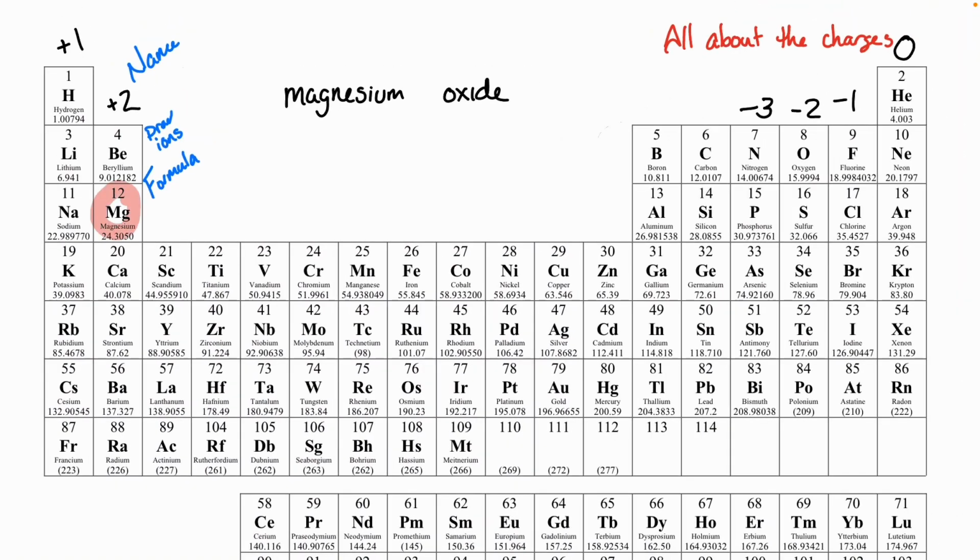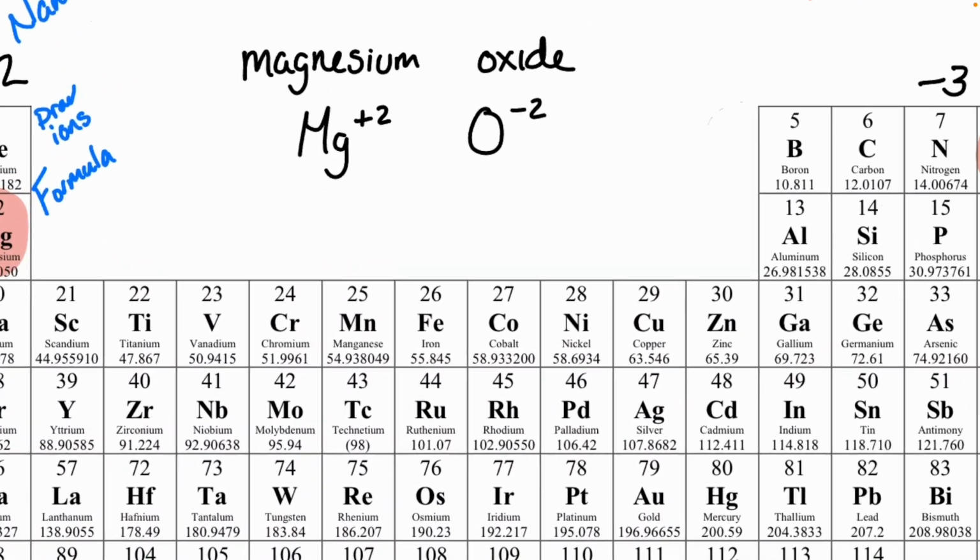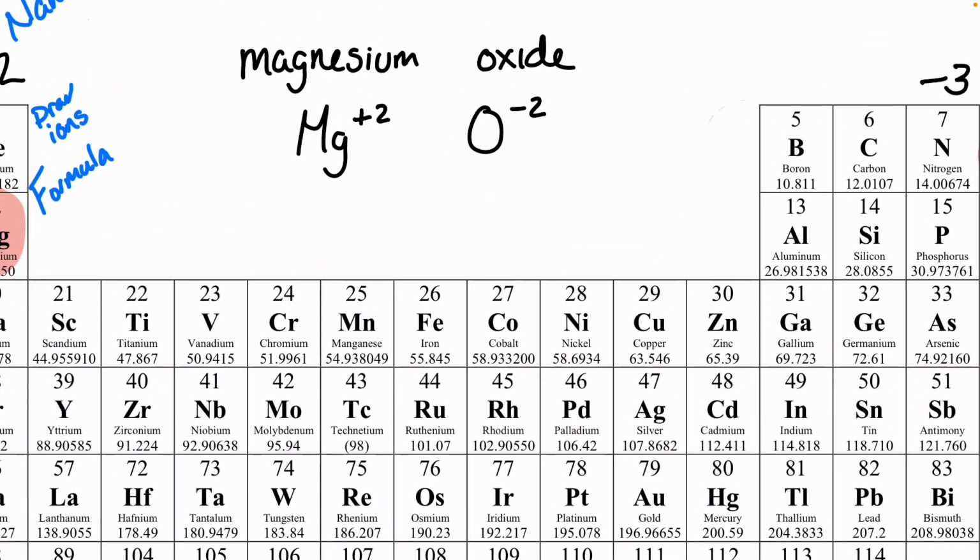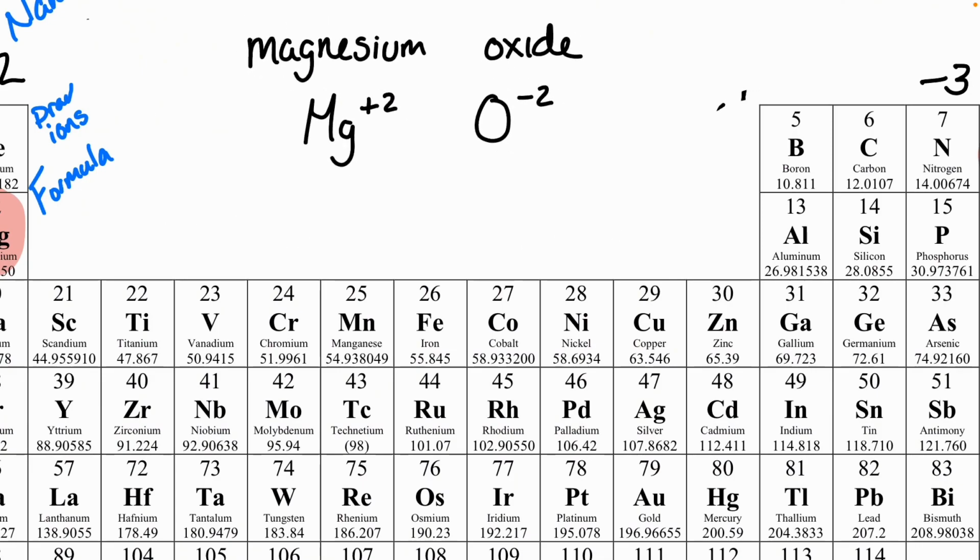I'm going to get magnesium and oxide. So that's Mg plus 2 and O minus 2. Okay? So if we do our swap method and we just sort of bring these numbers down, we would get